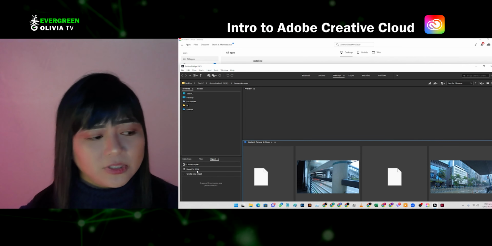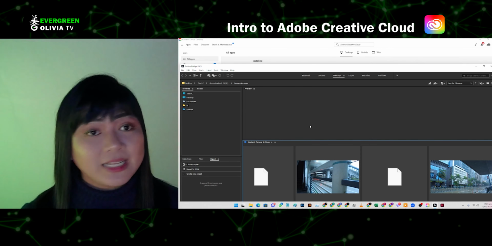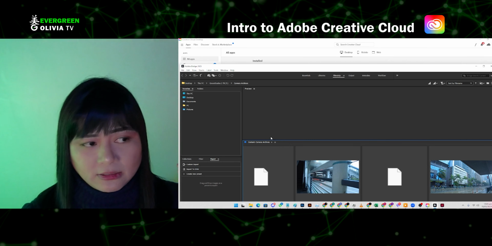As you can see, meron dito mga presets and you can do multiple exports for different purposes. Dati hindi ganyan Adobe Bridge. So, that's how